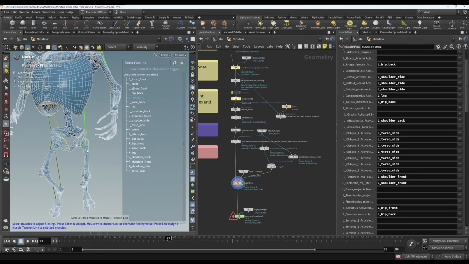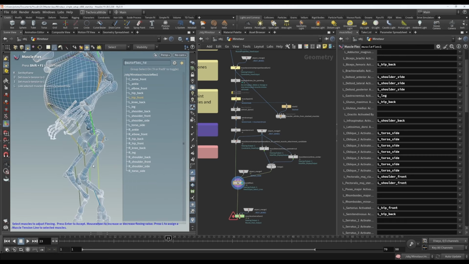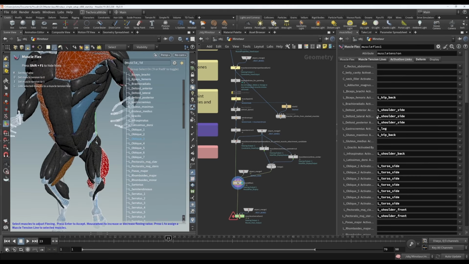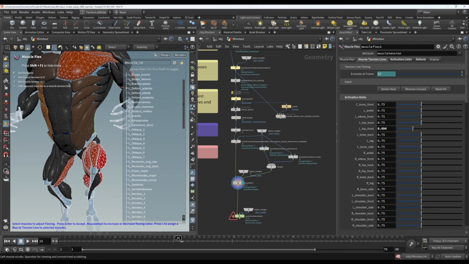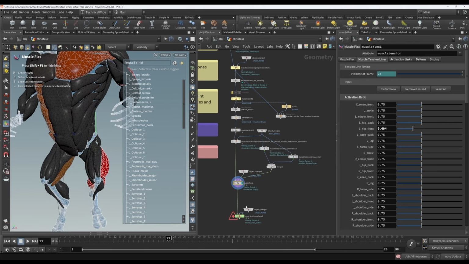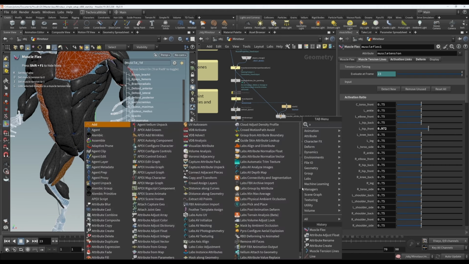Yeah, let's switch from there. Okay, so you see what I have to do here to get it to flex when I want it is to get it really close to 1, which I do not want. So here is my little hack for this. I'm going to create an attribute adjust